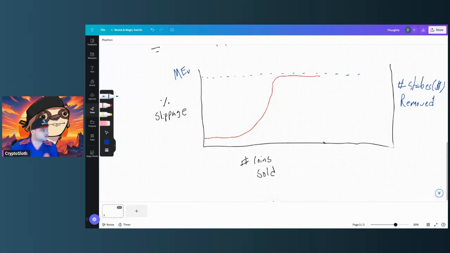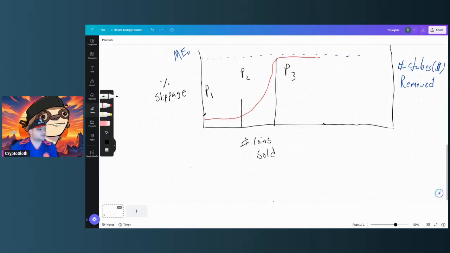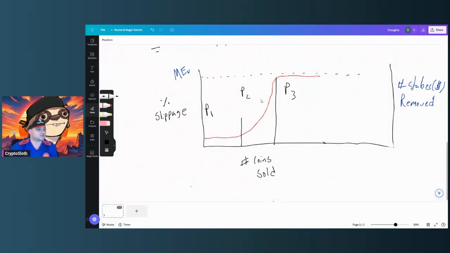Now this curve, let's see, where am I going next with this? This curve right here is pretty typical for most coins. And the reason why is because as you sell more coins, well, let me take a step back. There are three stages to this curve: the beginning stage, the middle stage, and the end stage. So phase one, P1, P2, and then P3. P1 is basically low slippage, good order execution. P2 is high slippage, poor execution, and P3